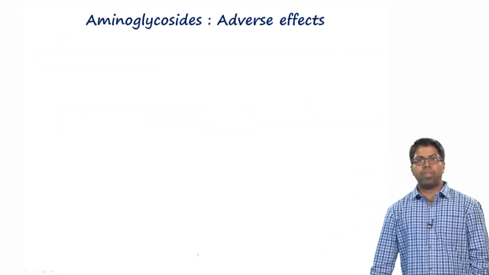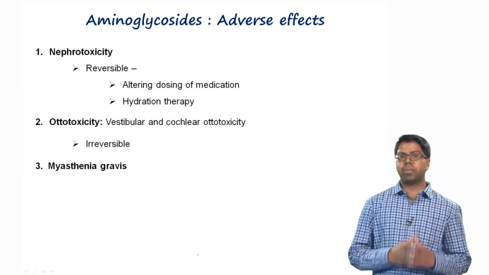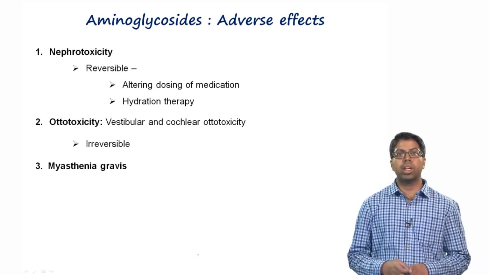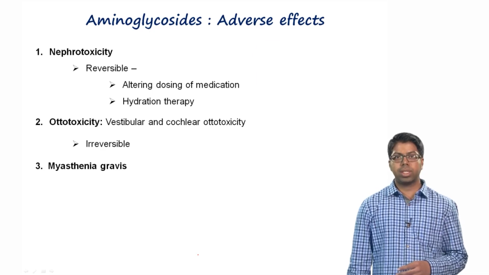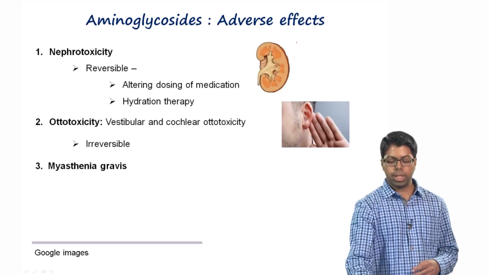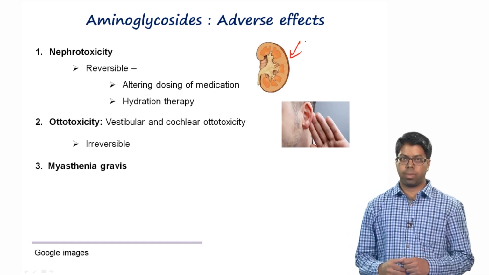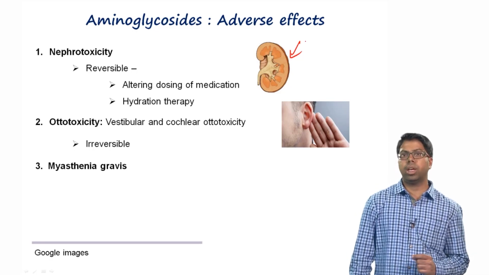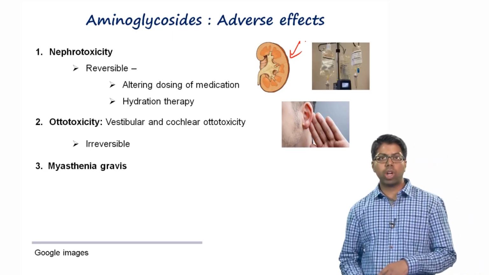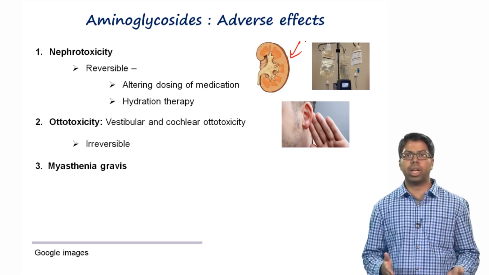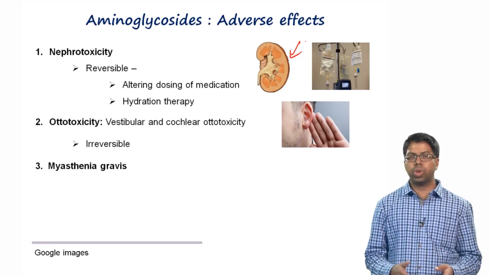The toxicities of aminoglycosides include nephrotoxicity and ototoxicity. Remember that price I mentioned earlier? Well, there it is. Aminoglycosides tend to concentrate in the little subunits called nephrons present inside the kidneys, resulting in aminoglycoside induced nephrotoxicity. However, this condition is reversible, meaning we can usually undo any kidney damage by altering the dose of aminoglycosides or by providing hydration therapy, such as pumping of water, vitamins, minerals and nutrients into the bloodstream